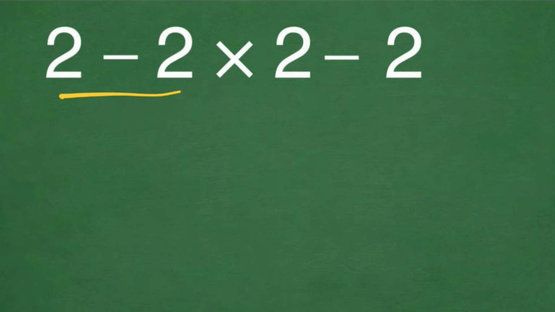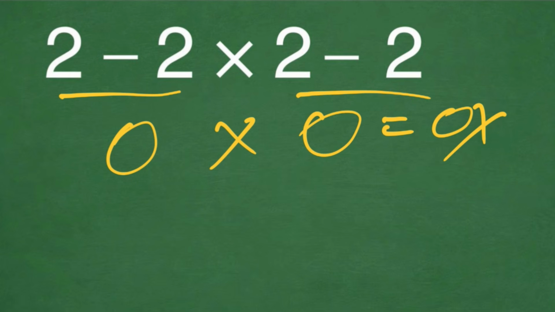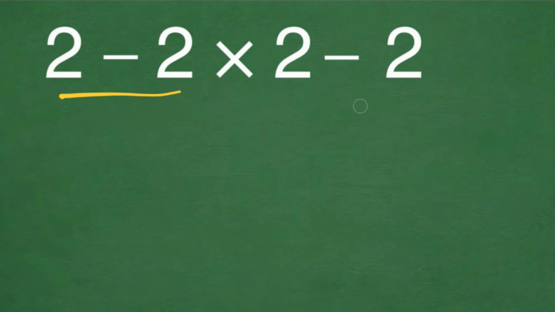minus 2 gives us 0. And again, here we have 2 minus 2, which again gives us 0. And 0 times 0 is equal to just 0. But this answer is not correct, because according to the order of operation, PEMDAS, which I will write here,